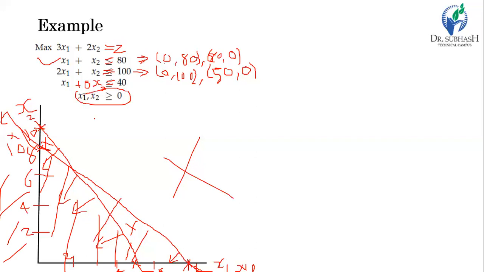First draw this. When you draw this non-negativity constraint, the value of x1 and x2 is greater than or equal to 0. So when you draw the line x1 is greater than or equal to 0, the value of x1 is positive here, and here the value of x1 is negative. So we can draw a line like this, and our solution must lie from here to here in this direction only. So this second region does not contain any solution, as it violates the condition x1 is greater than or equal to 0.